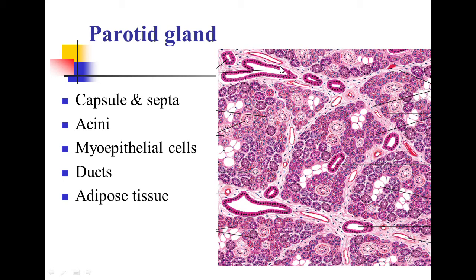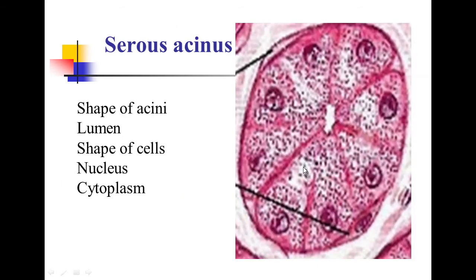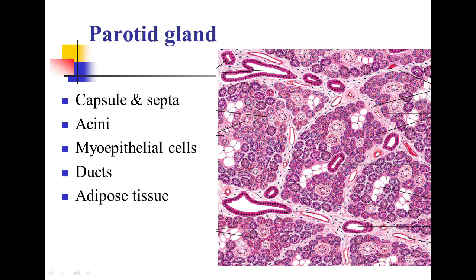So this is the connective tissue septa, and this connective tissue septa contains the ducts and these are the interlobular ducts. In addition to that, there are blood vessels. This is blood vessel, this is vein, this is artery. So in the connective tissue septa, there are the interlobular ducts and the blood vessels. And the parenchyma contains many lobules, and in the lobule you can see the acini.